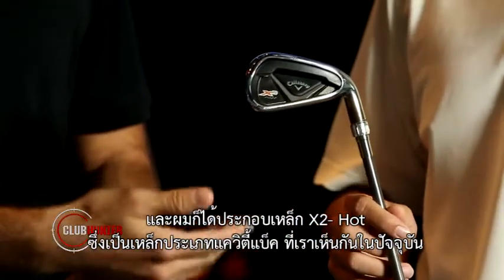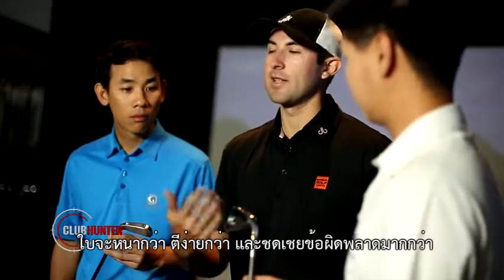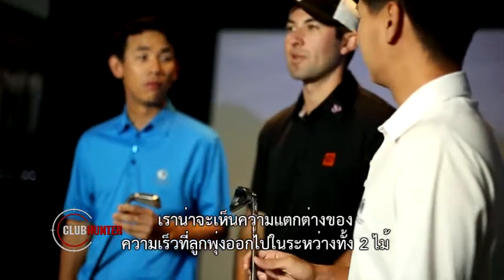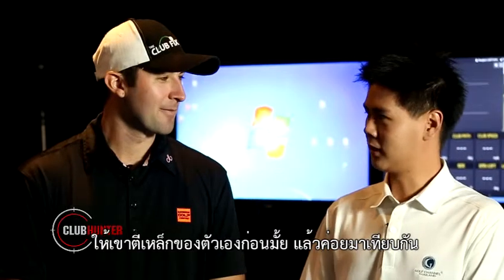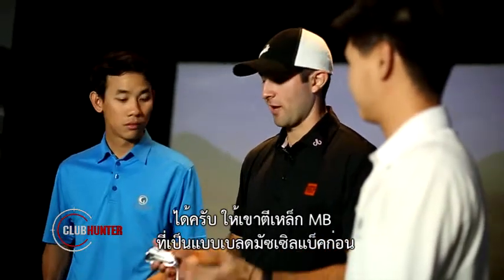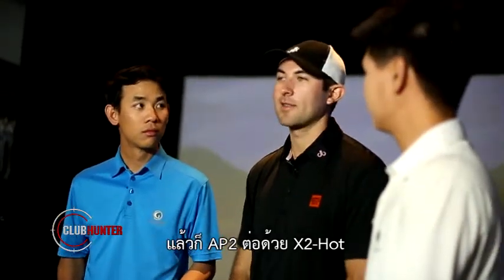This is a traditional cavity back iron. A lot of perimeter weighting, easier to hit, more forgiveness, and we should see a difference in ball speed between the three clubs. Let him hit his own iron first and we see the numbers. We're gonna have him hit the MB first, his muscle back blade, and then the AP2s, and then the X2 Hot. โอเคพี่เอ็ม ตีเหล็กของตัวเองก่อน แล้วดูตัวเลขว่าต่างกันไง ได้ครับผม